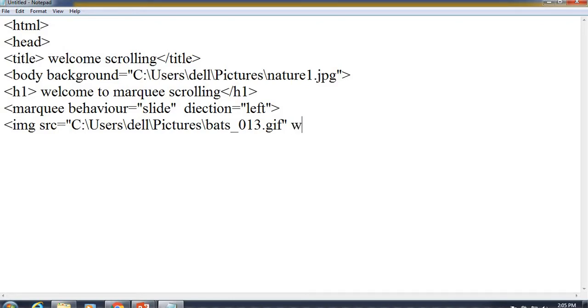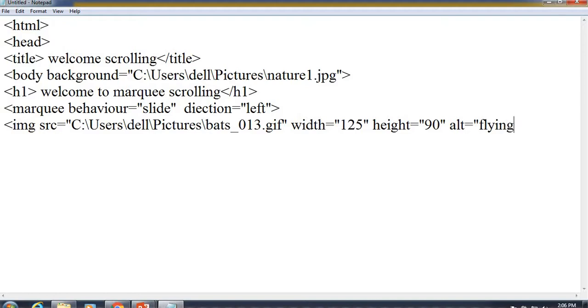For this we can apply more properties like width. We can specify width, written in double quotes, as well as height equal to, I will give like this. So in this way we are adding the properties. Then we give the name, that is alt, and for this we can choose according to the requirement.